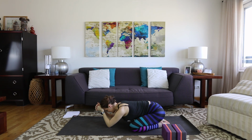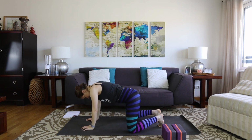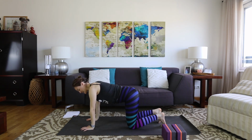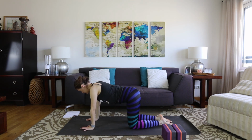And let's get a little bit of movement in. So just take the hands down. Come up to your hands and knees. Walk the knees under the hips if you haven't yet. And just start to kind of wag. If you had a tail, you'd wag your tail side to side. Just gently